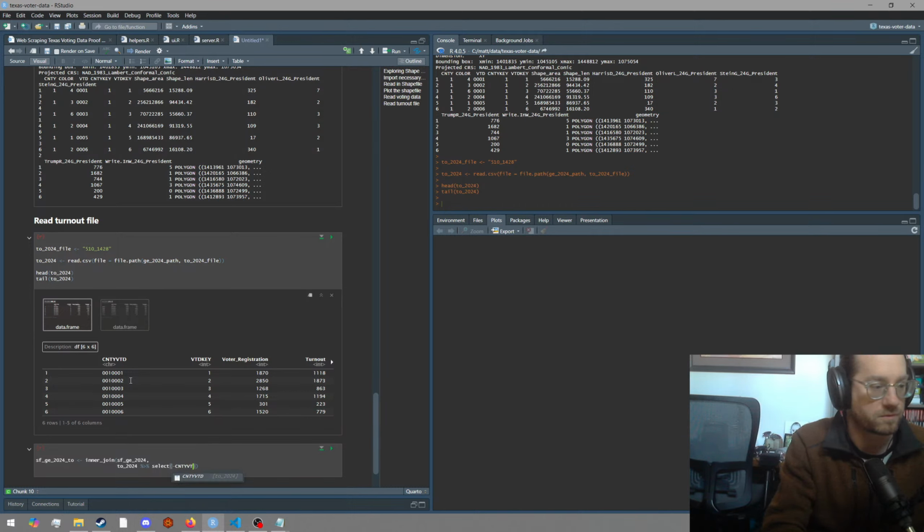County voter tabulation. File with annoying characters. For the column with annoying characters in it. Then we're going to say join by